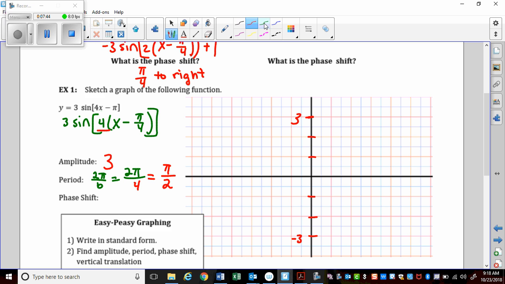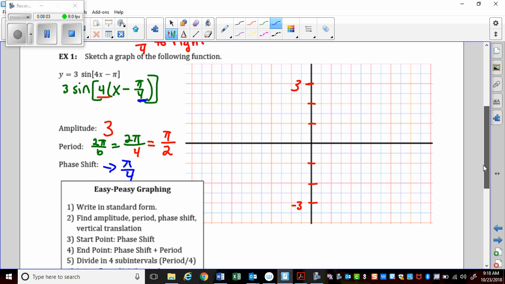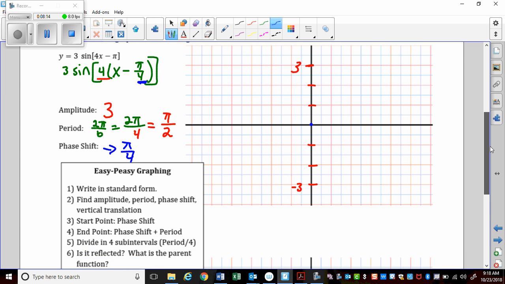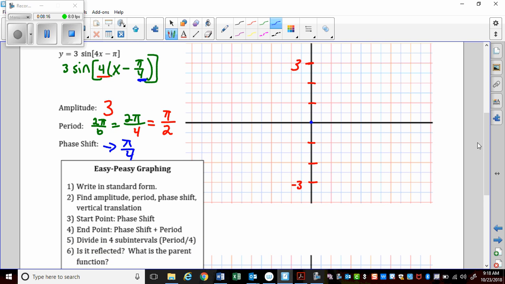All right, my phase shift means I'm going to move it to the right or to the left. This one, it looks like I'm going to move it to the right, pi over 4. And that is from this, after I factored it out. This is not showing me my phase shift. Alrighty, I have everything I need to graph it. I don't even have to find my ordered pairs or anything. I know that sine starts at the origin, and it looks like the 3 is positive, so